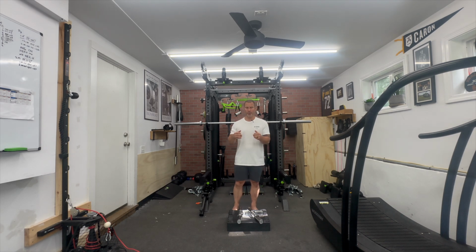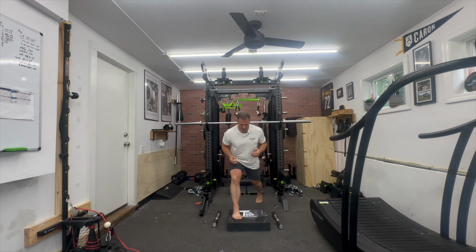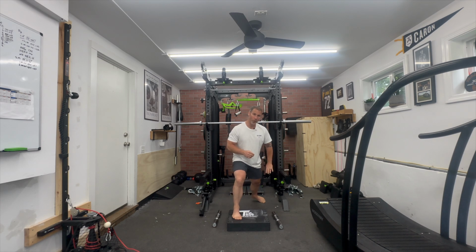Couple of big cues. One, we want to be on train tracks, not tight ropes. So we set up wise, we want to look at our feet about shoulder width apart. And what that does, it gives me balance. Now, when we're a little bit wider with that stance, you tend to see people get their weight on their big toe and not their whole back 5 toes. So when I set up wise, we want all 5 of our toes pressing into the ground. Pinky toe to big toe. And that gets us into this really good stable position,